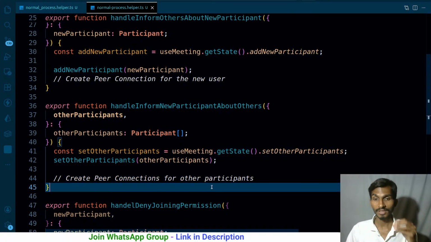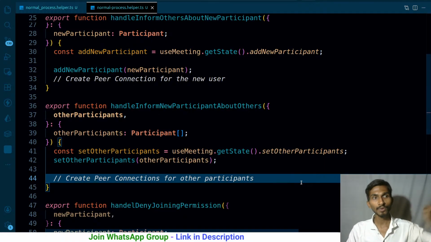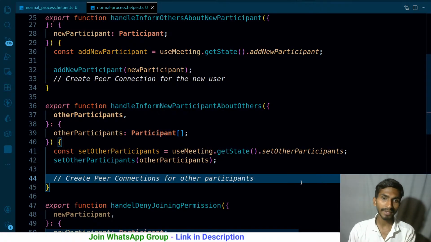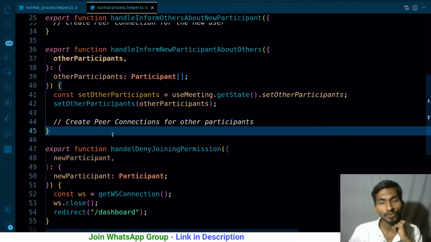Again, there are better ways. This is just one of the ways, and not the simpler one, of course. Rather, this is the most difficult one, because in the other case, the way I just talked about, you have a backend and you are connecting to the backend. Then there is something called mediasoup. Again, this is a library or package, I don't know, but that is mainly used for creating the backend, and that is actually easy. Here you have to maintain many connections. Over there you don't have to do that much. But okay, let's continue. So this much we will be doing here, and once we have done this much,